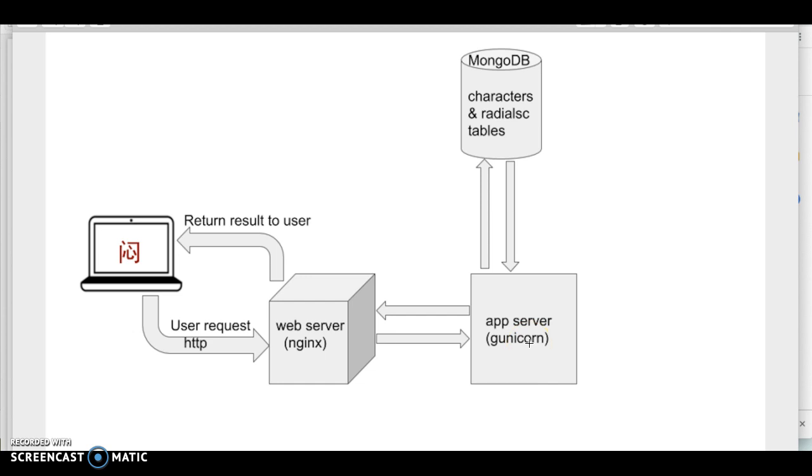The app server gets connected to the database, grabs all related information about the character, meaning, translation, and then the app server passes it back to the web server to process and create an HTML page that will finally be passed to